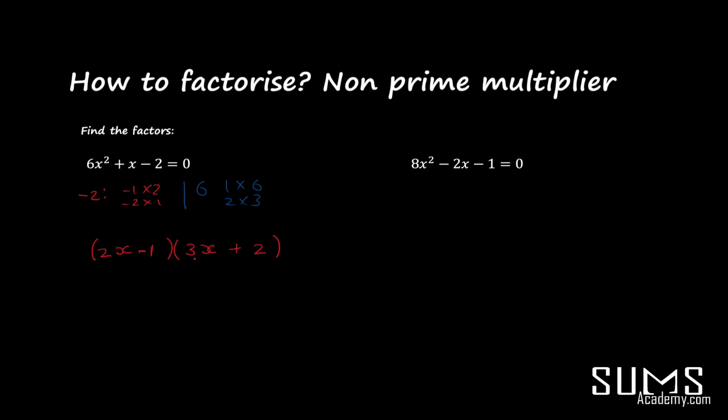So these are your brackets here. You work them out that way. And again, similar thing for this one. Well, minus 1 can only come from 1 times negative 1. And then your other factor here, 8, has 1 times 8 or 2 times 4. Okay, and then similar as before,